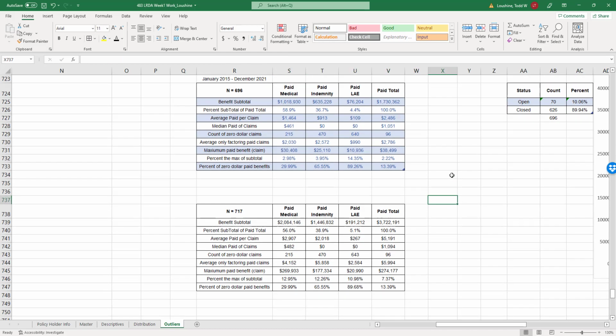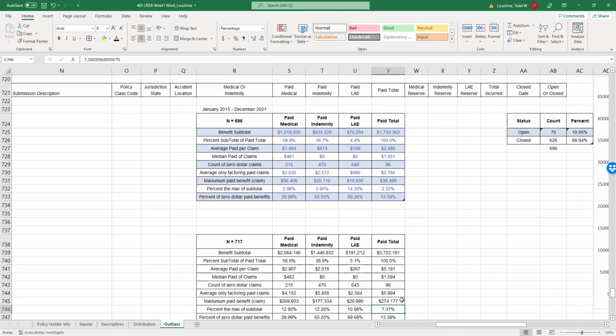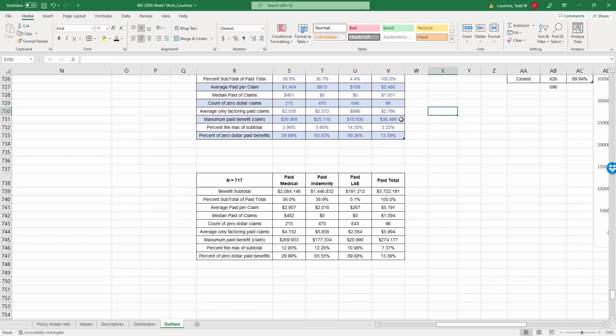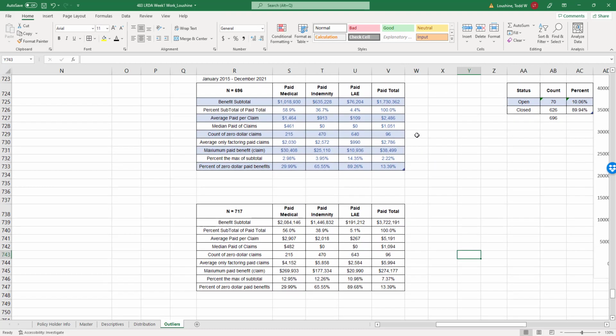Yep. So that went from 7.37 to 2.22. So the maximum claim is $38,000 versus 274. The average and median are much closer together than they were here. So yeah, that's what I'm going to go with for the next one. All right, so copy